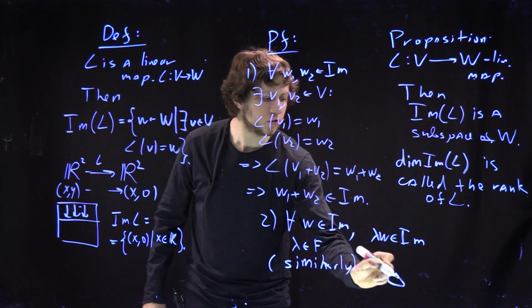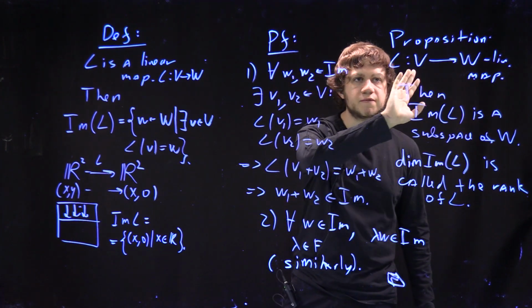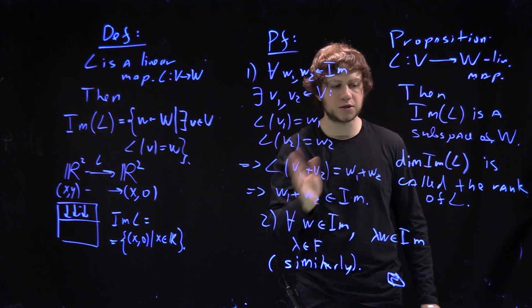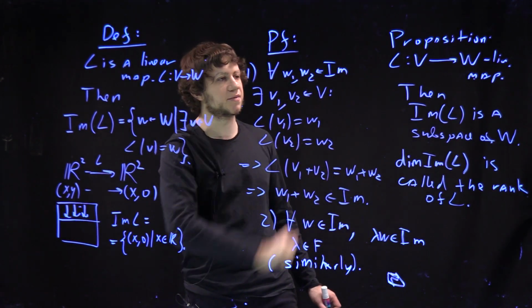So that's the end of the proof. So very simple statement. But what it tells you is that there is a very nice way to construct subspaces of W. Just take any linear map, its image is a subspace. Next story, kernel. So image was about the maps being not necessarily surjective,